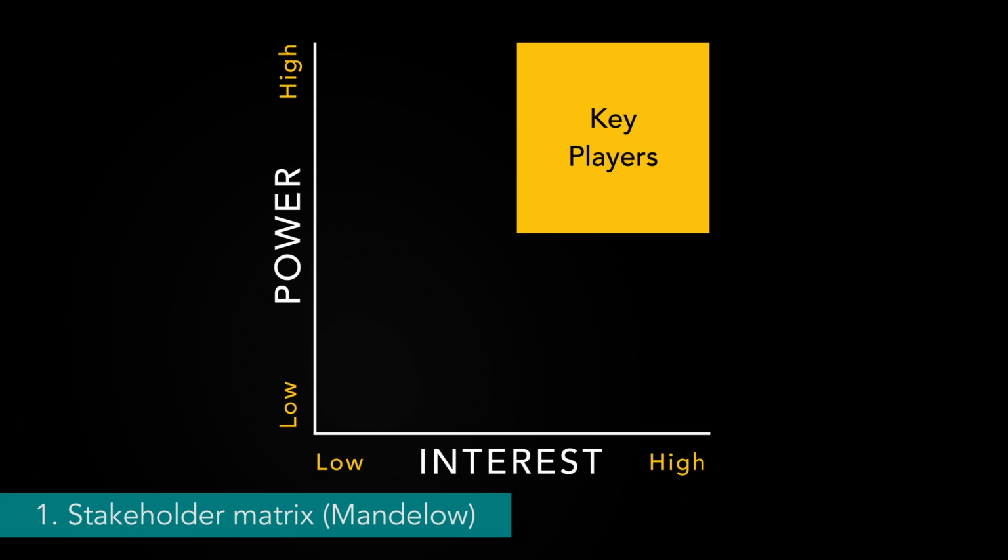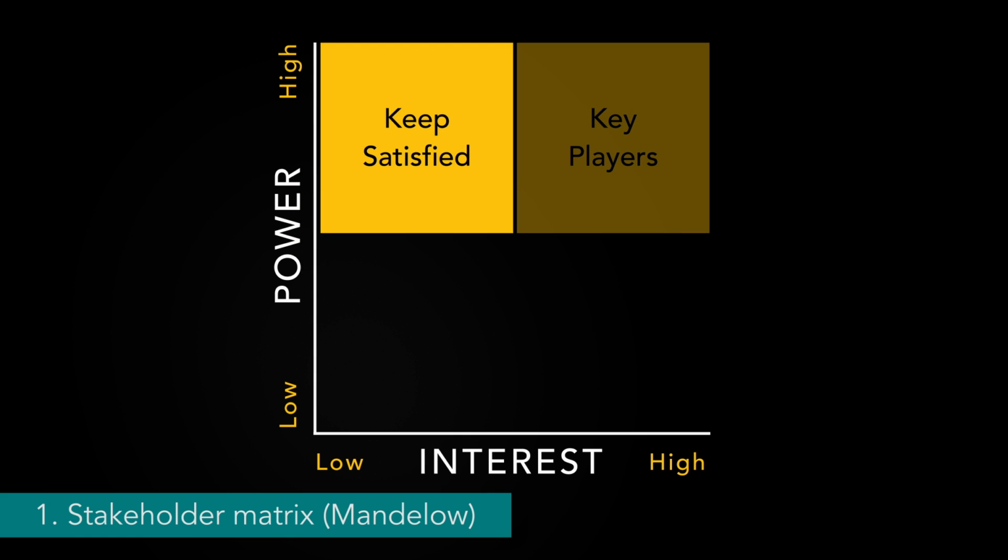In the second quadrant, your high power, low interest stakeholders have the power to make or break your initiative, but don't have as much interest. It's just not as relevant or important to them, so you're not going to be engaging with them to the extent of the quadrant 1 folks. But you still need to keep them satisfied and informed enough because, as I mentioned in a previous episode, if they're not satisfied, they might become more interested, pushing themselves and other dissatisfied stakeholders who they can influence into the first quadrant, which could pose an enormous problem for you.